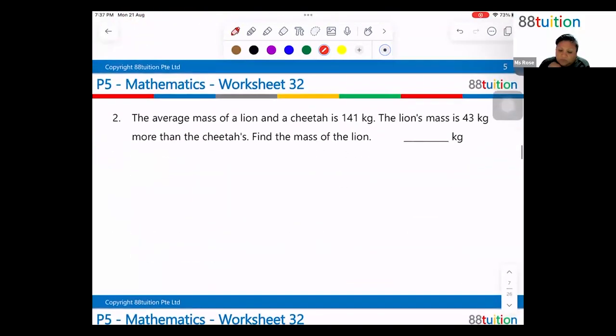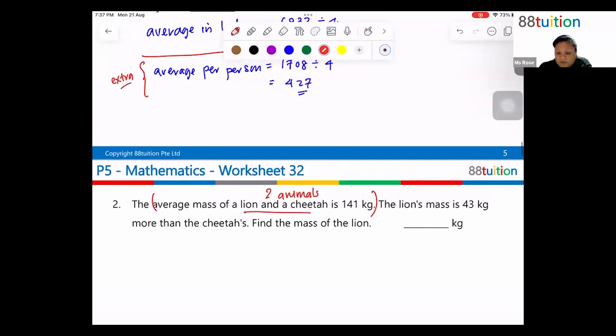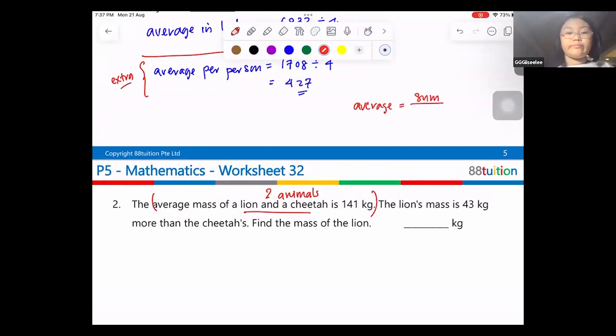Question 2. The average mass of a lion and a cheetah. How many animals are there? So this is 2 animals. So the average mass is this. Once I have the average, I can find the total. Now, the formula to find average would be average is equal to sum divided by the number or count or